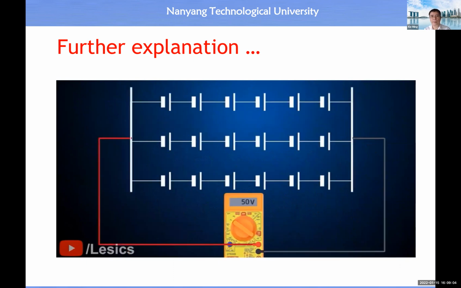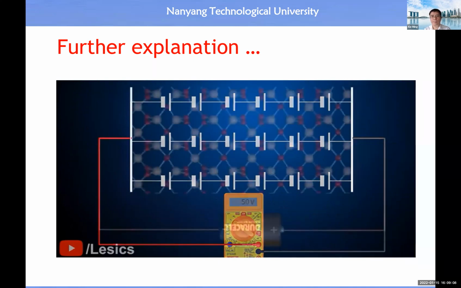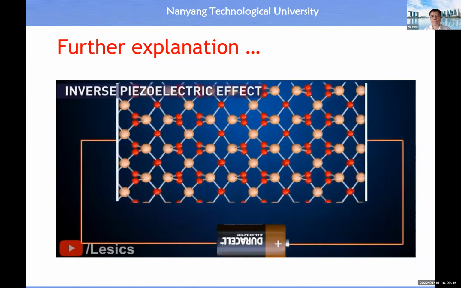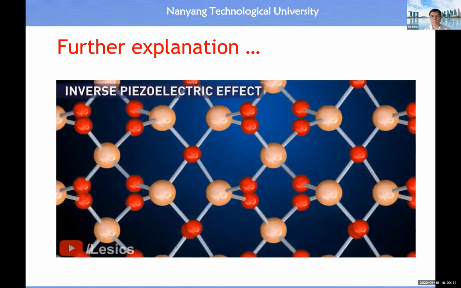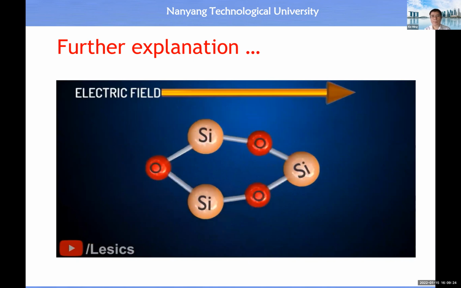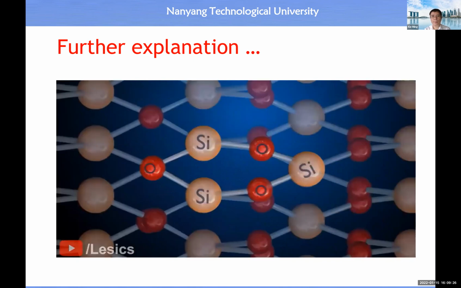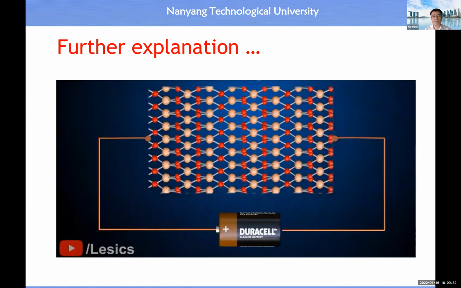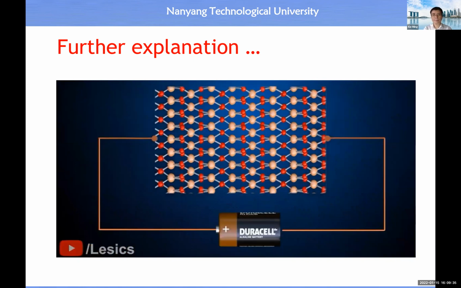Now, what do you think will happen if a voltage is applied across the material? The special characteristic of piezoelectricity is that it is reversible. If a voltage is applied across the material, the positive and negative charges of the material will experience forces in the opposite directions, and the hexagon will get stretched. Similarly, if the polarity of the voltage is reversed, the hexagon will get compressed. This stress or strain is transferred across the material, resulting in a net compression or expansion of the material.